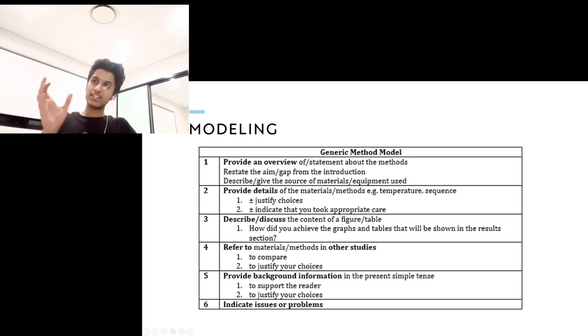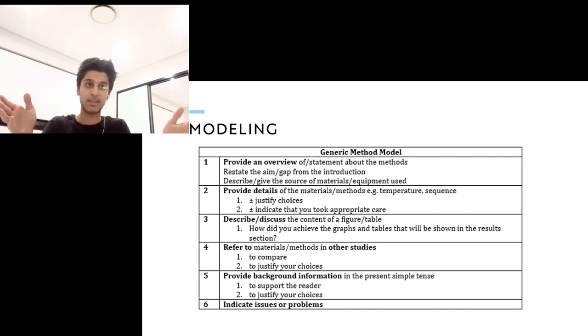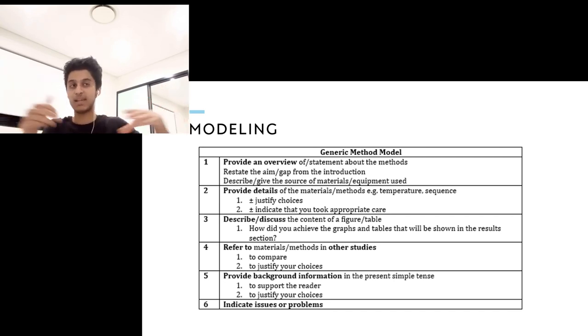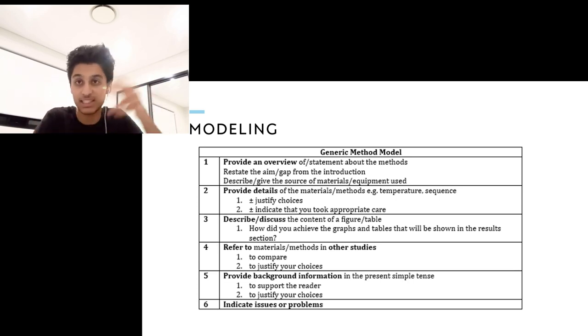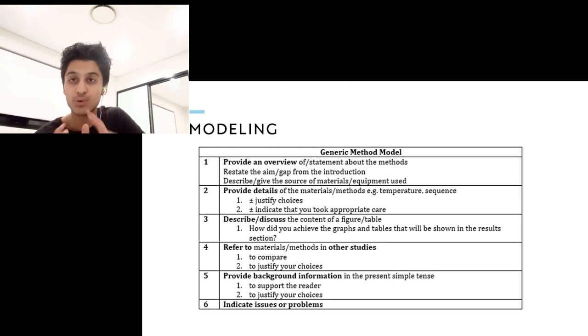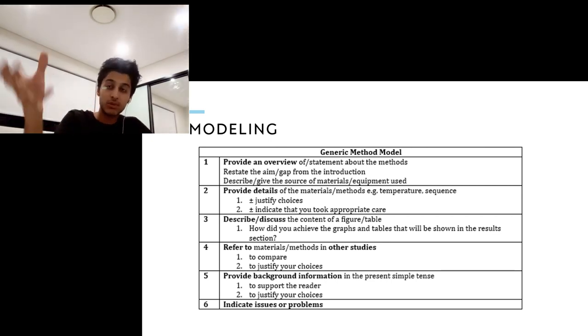Okay, so here is the generic method model. At first, you want to provide an overview of statements about the methods. Then you want to restate the aim, the gap from the introduction. And look, you can modify this as you go, because you want to modify the models based on how other papers in the field are written. Then you want to describe the